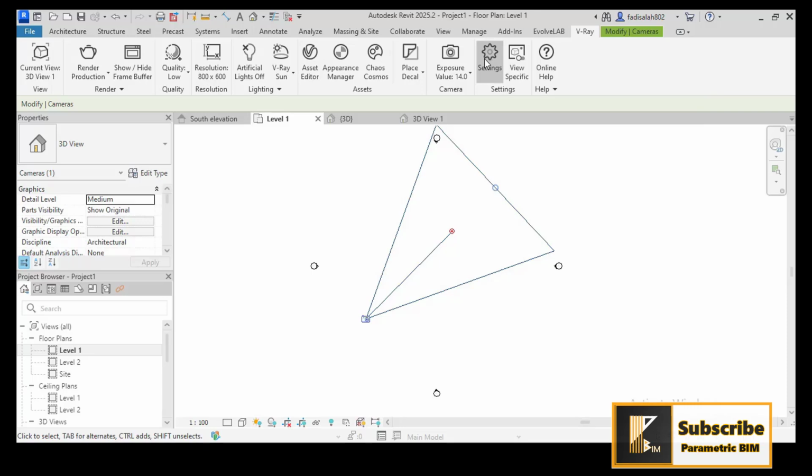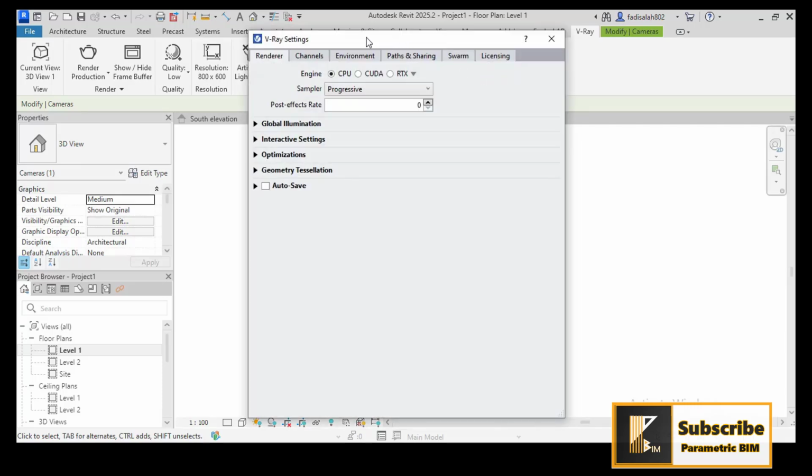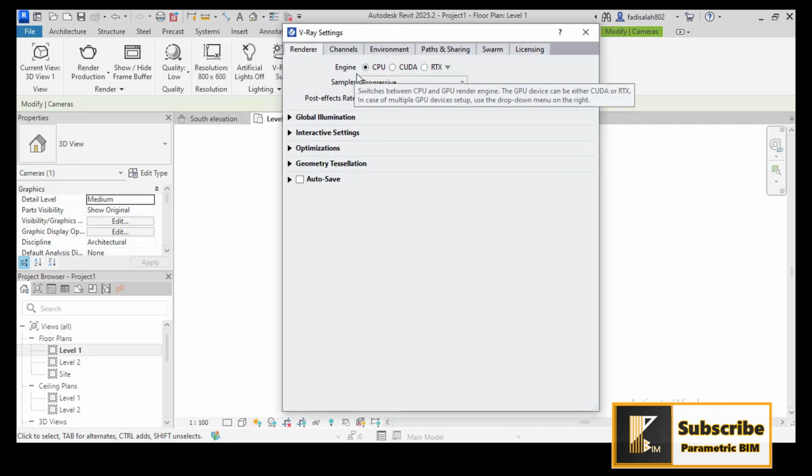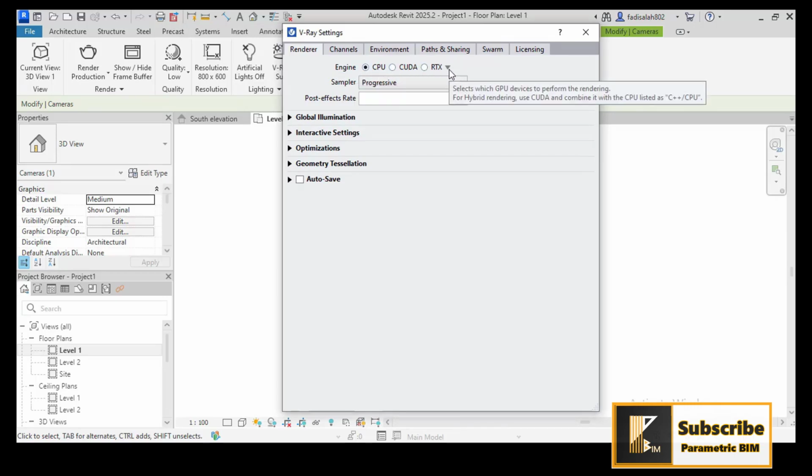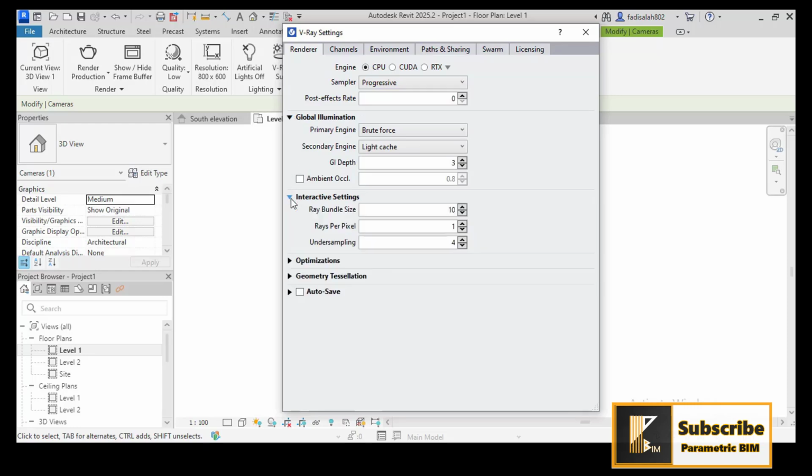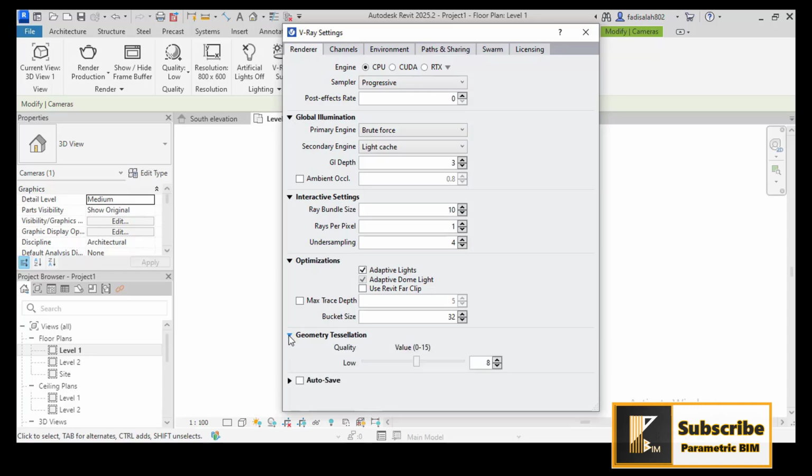It is the manager of all the things that we have here, such as the lighting and the materials especially. So in settings you can control all the things, such as the engine that you use, whether it is CPU or if you have any other graphics card you want to use. The sampler, whether it is progressive or buckets, by default will be progressive. The global illumination, the interactive setting, the optimization, the geometry tessellation, and the autosave here in the renderer or the